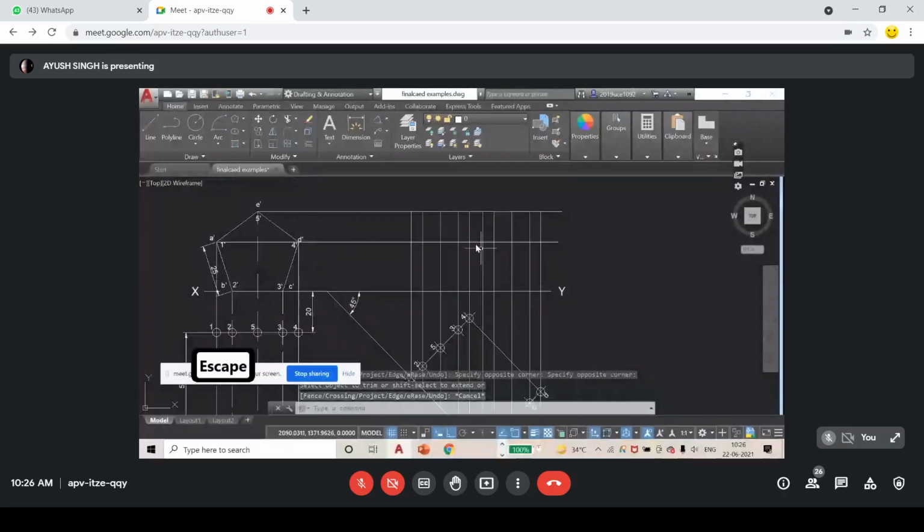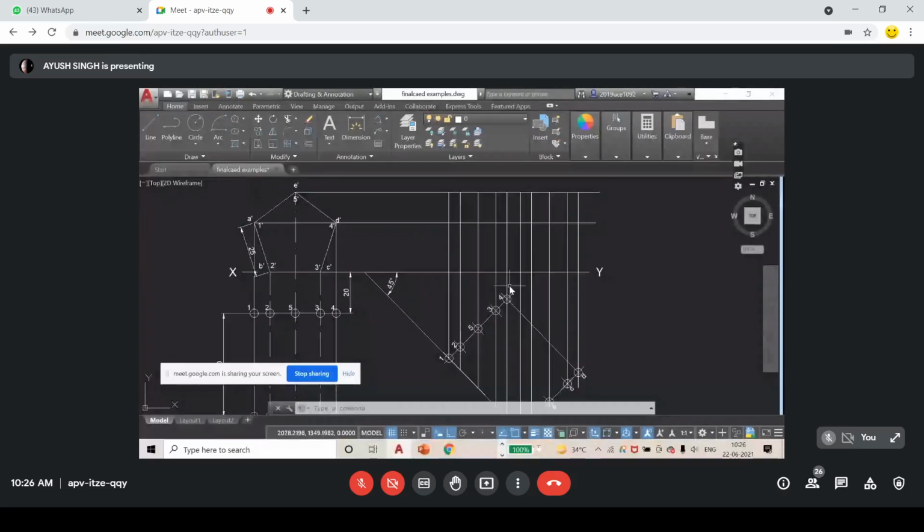Now the first point, mark the points. Corresponding to 1, we have 1 dash here. Corresponding to 2, we have 2 dash here. Corresponding to 5, we have 5 dash here. Corresponding to 3, we have 3 dash here. Corresponding to 4, we have 4 dash here.